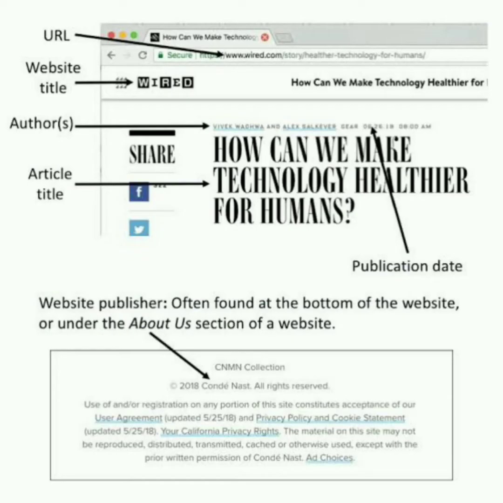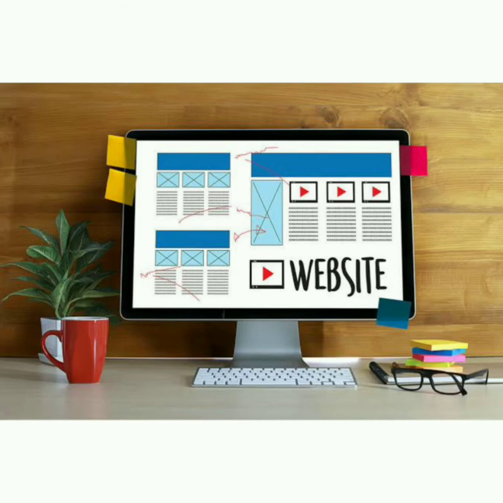And next is the website. So what do we call a website? A website is nothing but a collection of web pages. And web pages will have their own individual documents in them. And the next definition we're going to learn about is web browsers.